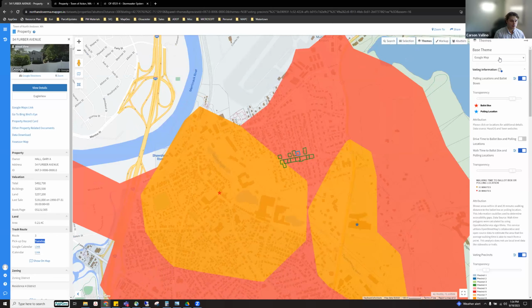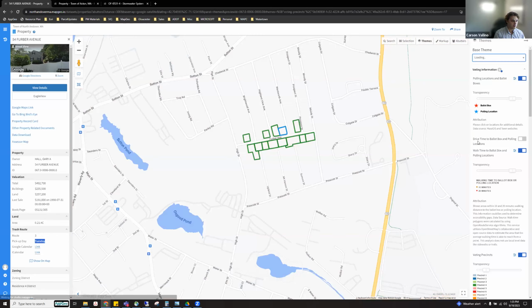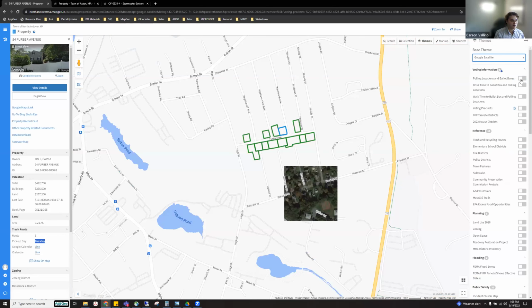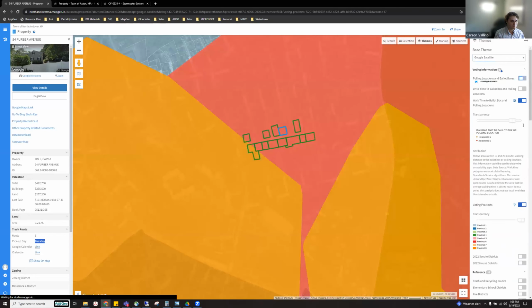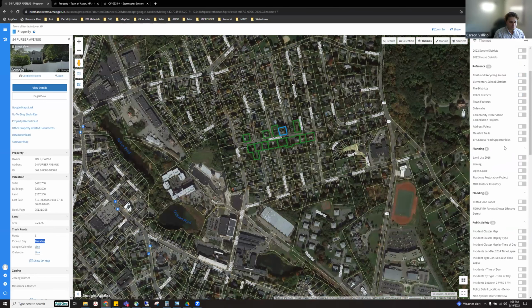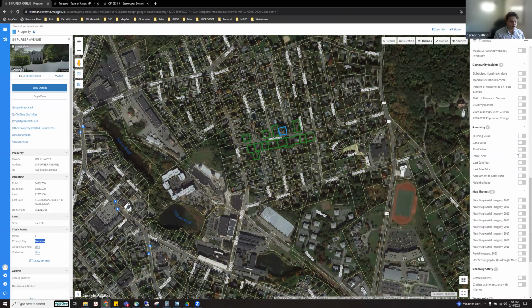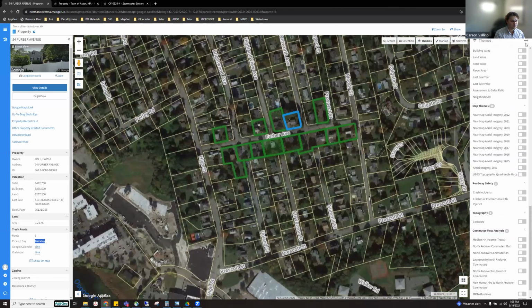So that's great. And if we want to get some more context, we can also pull up some Google satellite imagery. And we can leave these features on, we can turn them off, and it'll re-toggle them back on for us. Let's take them off because we're getting a little full of things here. We can see a lot of different aspects to what we want to pull up, land value, all of those things. So let's take a little walk on Street View. We can see that we have